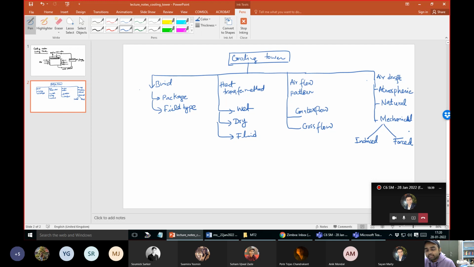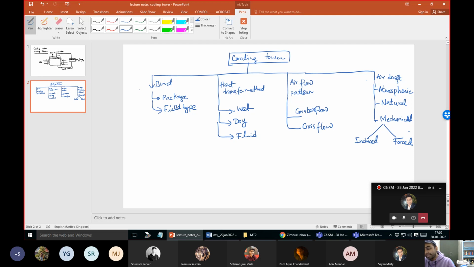And then the dry and the fluid type. In the case of the dry type, the water comes in contact with a cold surface, right? That is what we mean by the dry method. Now, how you make a surface cold is again a matter of energy involved, right? This may not be as efficient as the wet method, but in this process you do not generally have this evaporative loss. The last one is the fluid type.